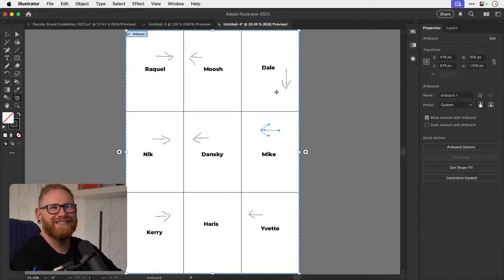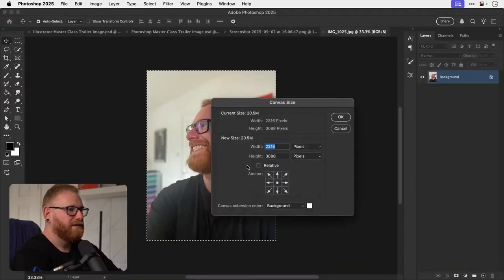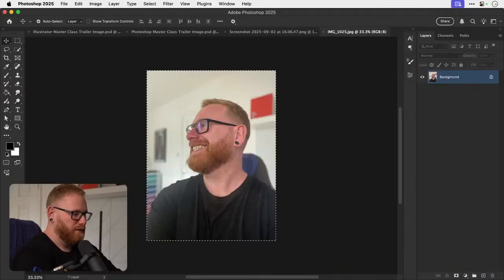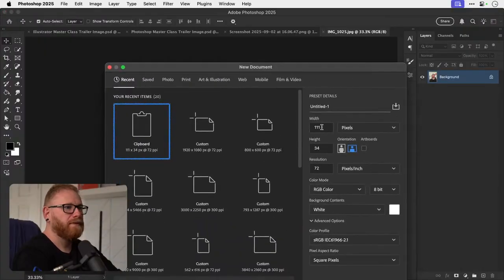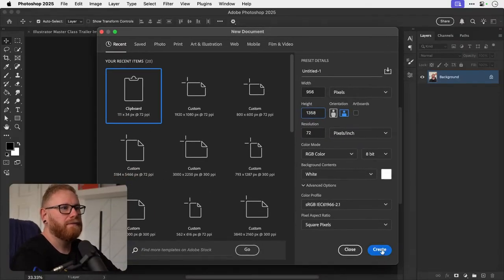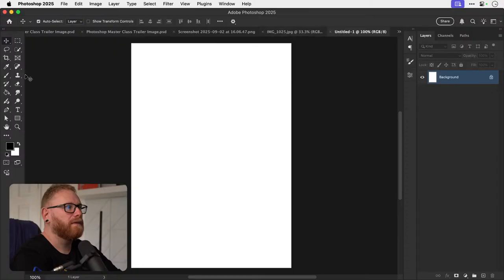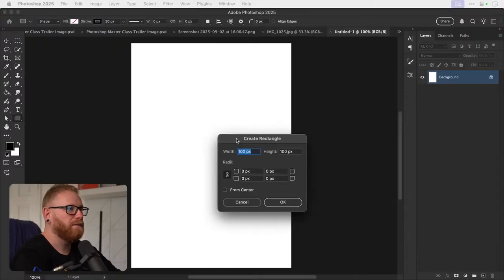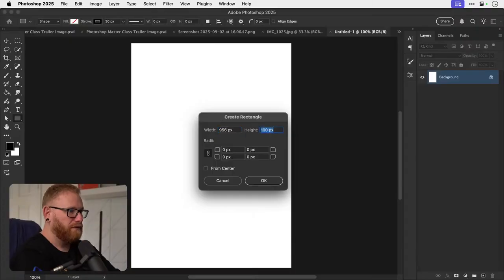Oh, I hope this works. 956 by 1358. And then what we're going to do is make a new rectangle, 956 by 1358. Divide them all by 3.